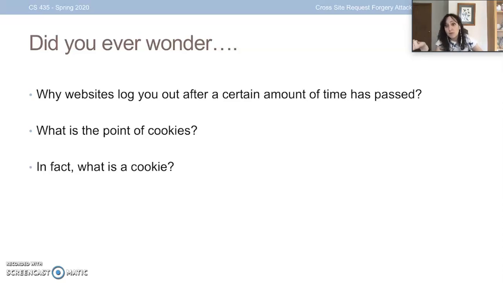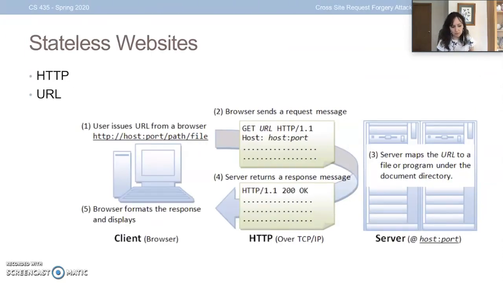So then what is the point of cookies? In fact, what is a cookie? That's what we're going to look at now: what are cookies, and what do they allow in terms of security? Part of this concept is the idea of stateless websites. Back in the good old days, the pre-cookie days, we had just plain old HTTP, and HTTP is a stateless protocol. So what that means is